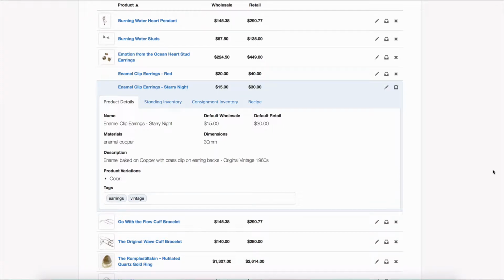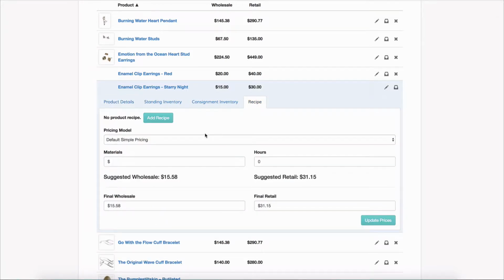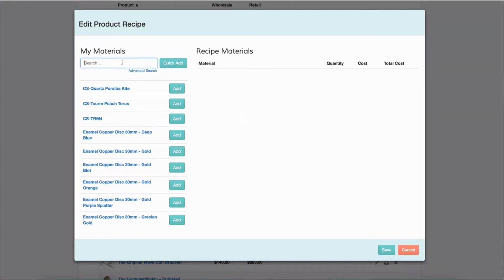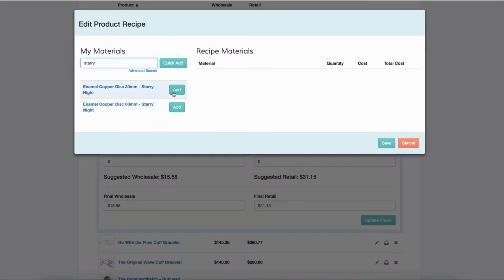Once you have added a finished product, you'll see these other tabs populate. If you click on the Recipe tab, this is where you can add materials inventory and assign them to the finished good. So you'll look for the items that make up the product,